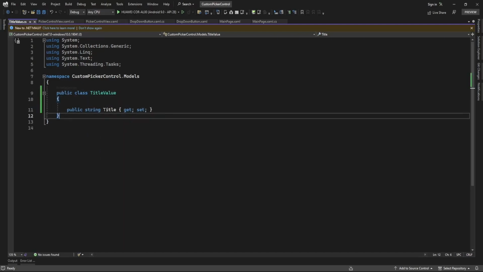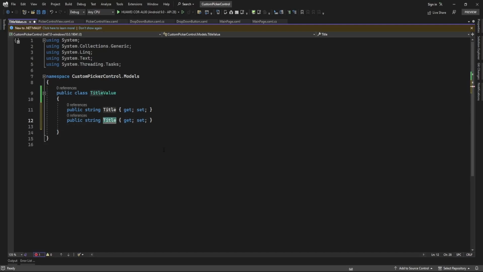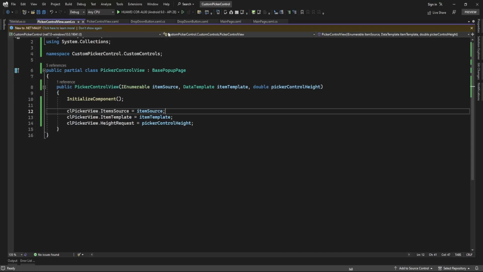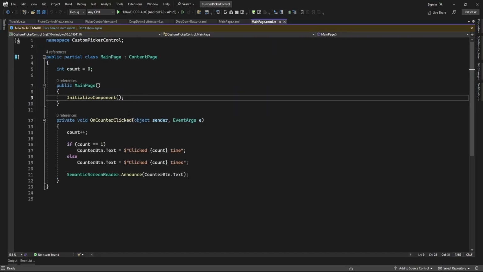Okay, so here I'm just going to use only one property right now, title, and let me add another property that I will add some dummy record later on. Okay, so here now in the main page